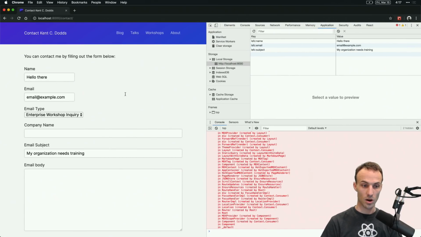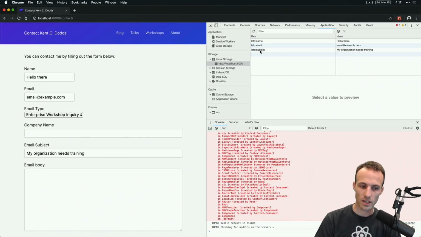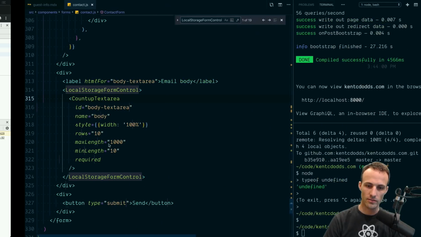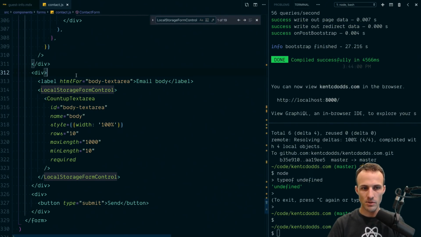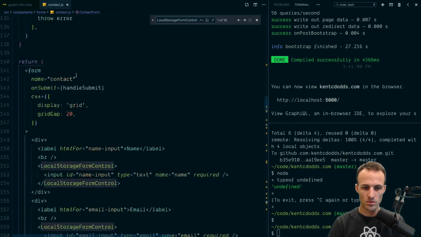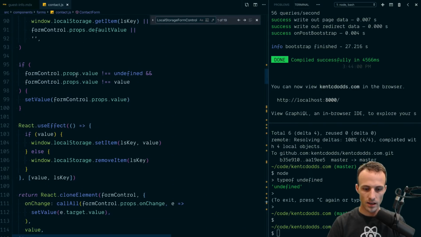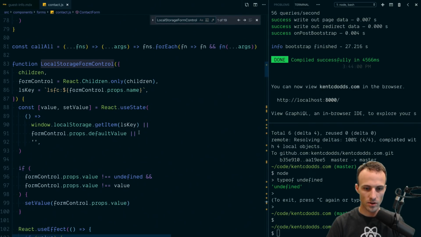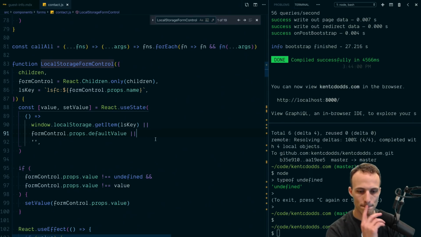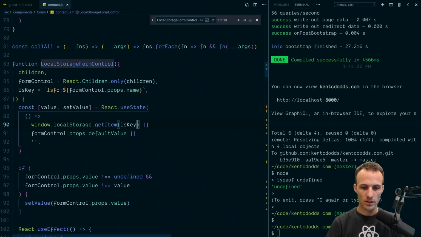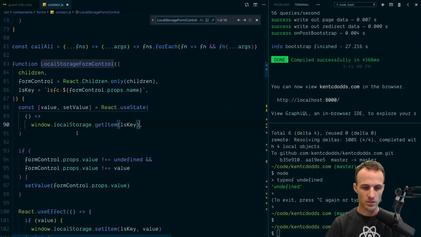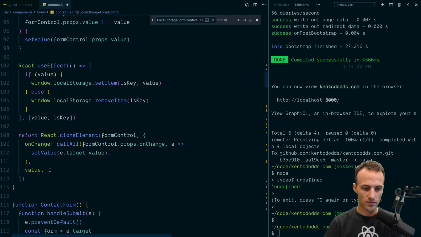Okay, cool. Whoa! We've got some stuff going on here. Interesting. Okay, so this one gets set to local storage, but it was the default value. So I'm not sure if that's what I want it to do. So I'm going to go back and we're going to change this from accepting the default value. What we're going to do is remove those, and we'll set the value to be